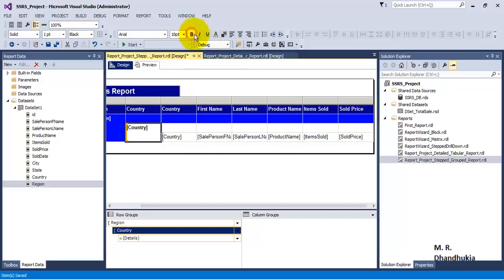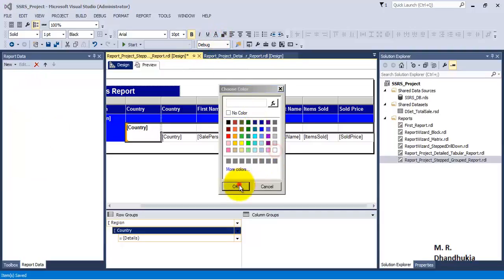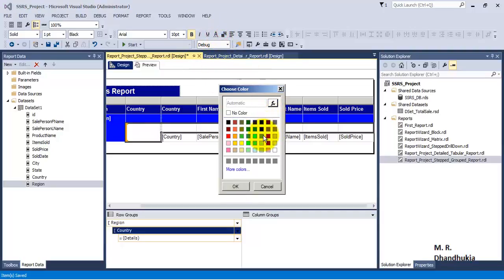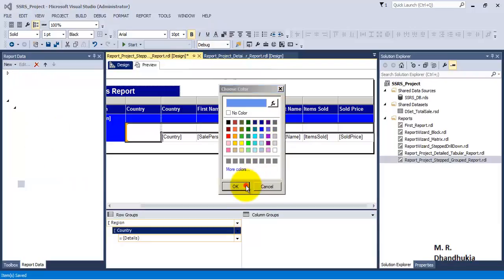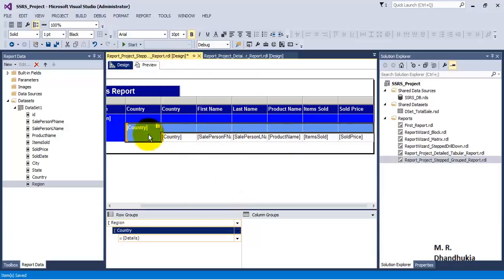Make it bold. Let us select these cells also. So we have made everything bold. Let's make the fore color white, and let's make a light blue color for country.